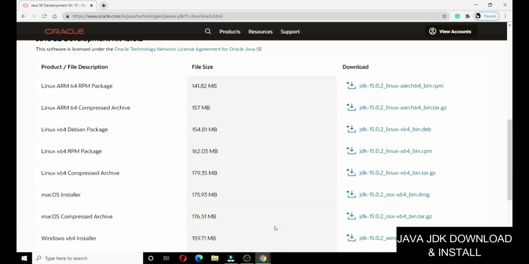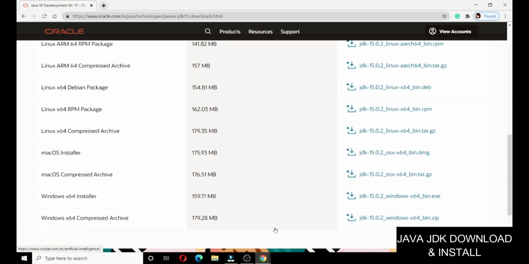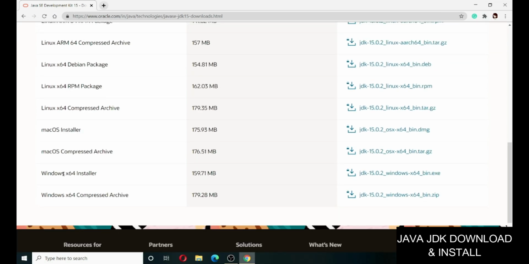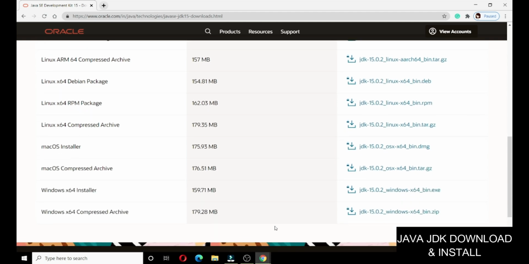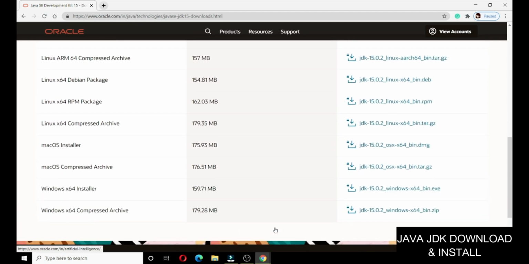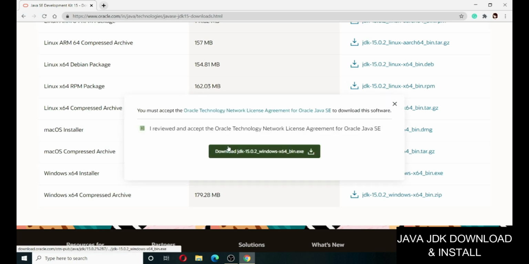And then here you can see all the operating systems for which Java JDK is available. Now for Windows operating system, this JDK 15.0.2 Windows 64 bin.exe is available. So just click on this link. Tick on this pop-up box and just click download.